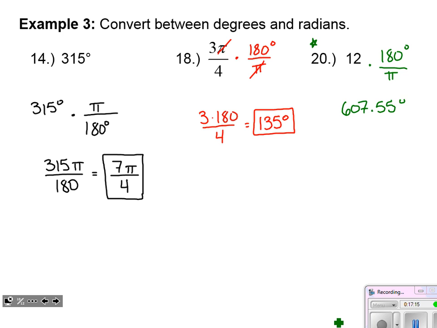And remember, I converted this into degrees, so I need that degree symbol. So now you can see why, if we solved a problem and our answer was supposed to be 12 degrees, if you left the degree symbol off, that's how far off you were. Instead of 12 degrees, like you meant your answer to be, you actually wrote 12 radians, which is 607 degrees. So you were off by a whole heck of a lot.